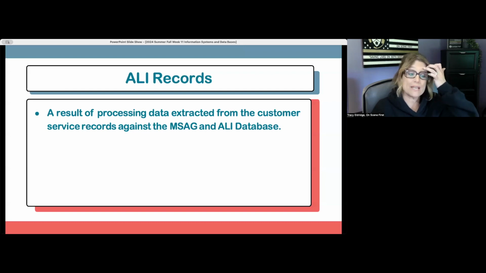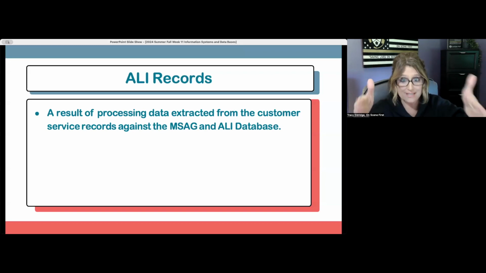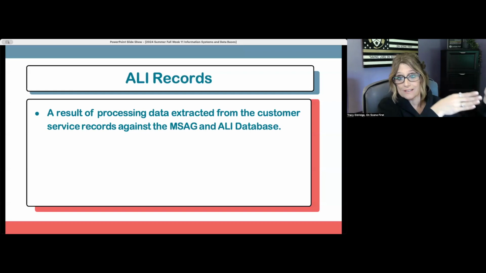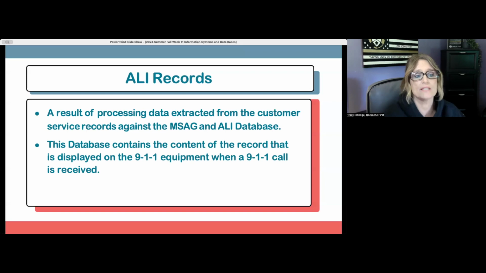The ALI database is going to say this call with this phone number belongs to this address, and then it's going to query it against the MSAG to say, does this address, range, location belong to this jurisdiction? And this is all happening behind the scenes. This database contains the content of the record that is displayed in the 911 call handling equipment when the 911